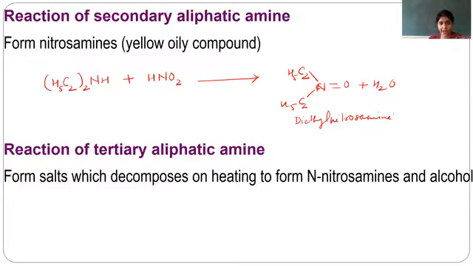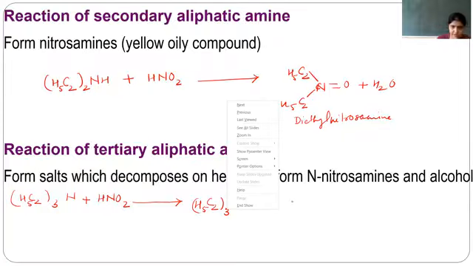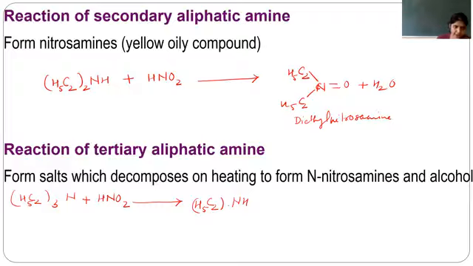Similarly, the reaction of tertiary aliphatic amine. When tertiary aliphatic amines react with nitrous acid, they form N-nitrosamine. For example, the reaction of triethylamine with nitrous acid. It forms an unstable salt, (C2H5)3NH+, and NO2- is present as the counter ion, which upon heating